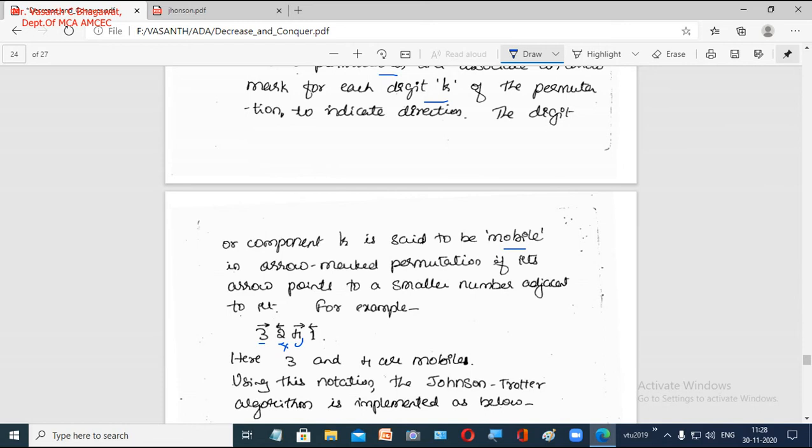Right? So now it is very clear that by looking at this, you can easily say whether 1 is a mobile element or not. Think about it a few times and you will clearly understand that 1 is pointing towards a number which is greater than it, so 1 is not a mobile element.